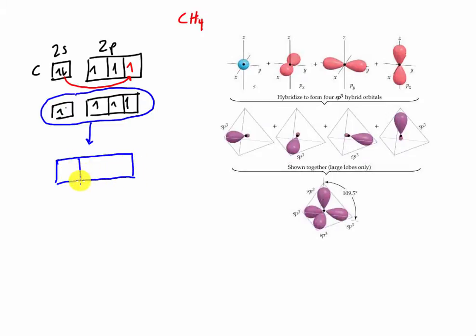orbitals. So we have 1, 2, we probably should have drawn another box. We have now what's called 4 sp3 hybrid orbitals. What's happening is these s's and these p's are morphing together to create new orbitals. Now I put on Moodle a video lesson that kind of shows you how, again, it's not even exactly how they do it, but just to give you a visual of what's going on to create these hybrid